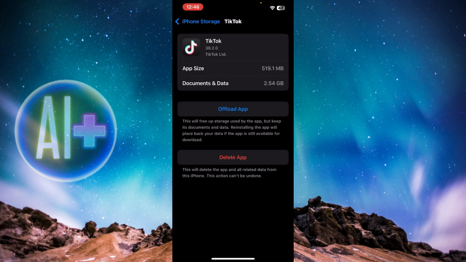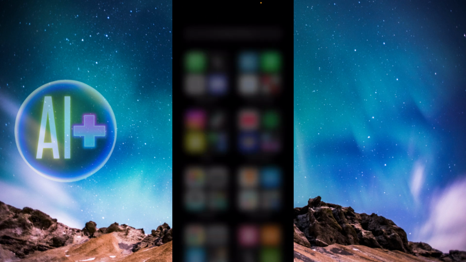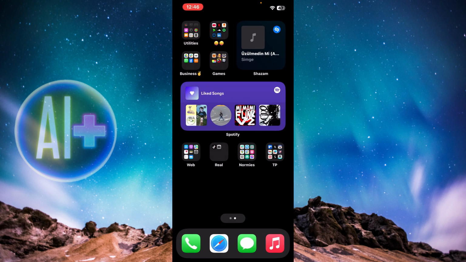My TikTok is running very smoothly, so I don't want to ruin or change it, but if your TikTok is not opening and you want to fix it, just go ahead and do this. It will fix it. But if it's still not fixing, what you need to do is go to your